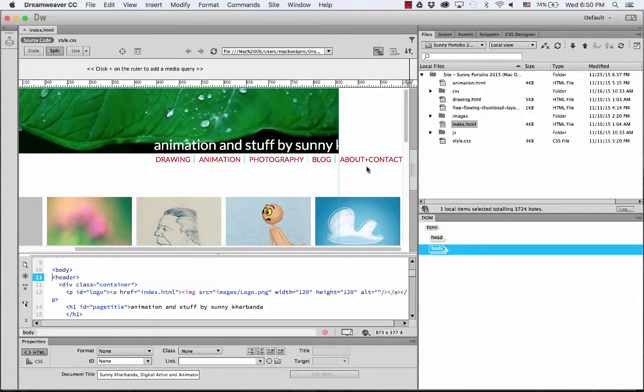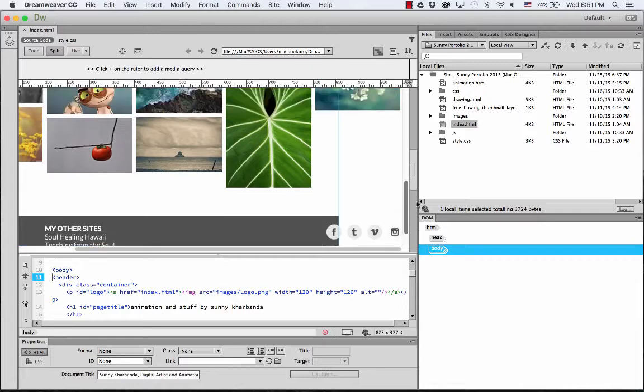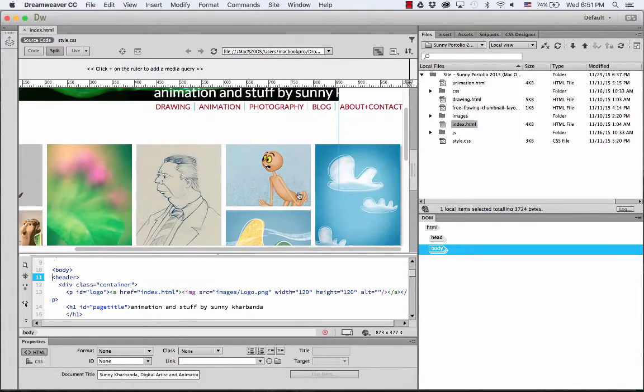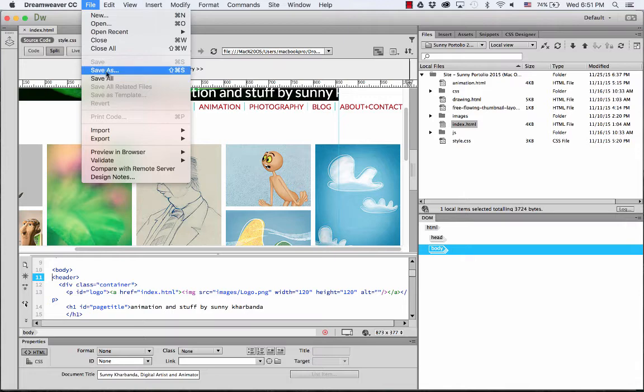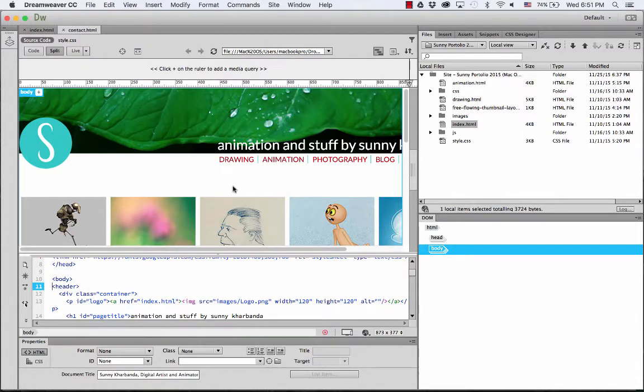Now I'll show you how to make your About and Contact page. Just like with other pages, I'm starting with the home page. I'm going to save as a new page because the header and footer will stay as they are, and then I'll just empty out the middle section and add my About and Contact information. So starting with index.html, I save as contact.html,